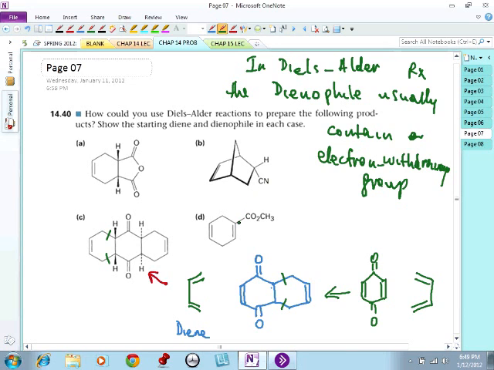For example, anytime you have a carbonyl attached to carbon-carbon double bond, the carbonyl carbon is an sp2 carbon. It is electron withdrawing. The cyano group is electron withdrawing. So for the most part, the best Diels-Alder reaction is that in which the dienophile contains electron withdrawing group. So to answer your question here, Myra, in this molecule therefore,